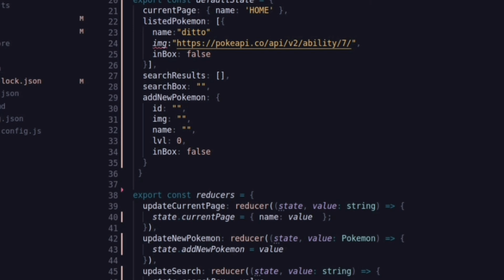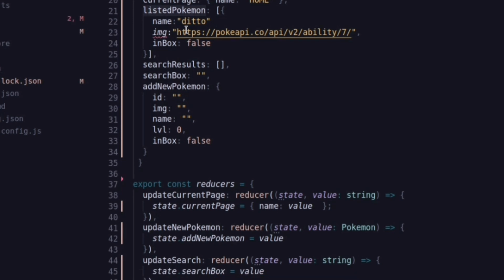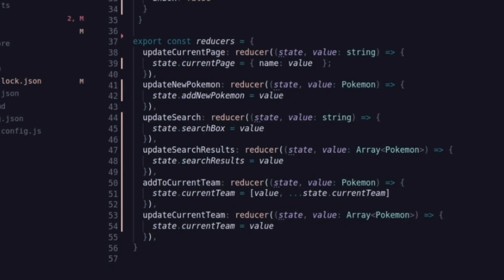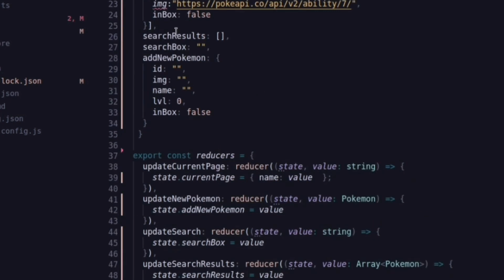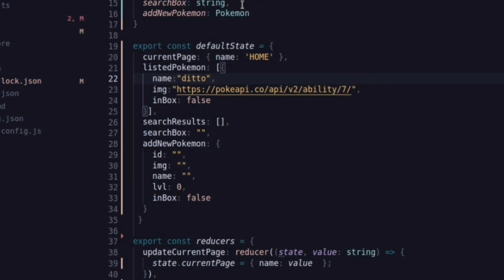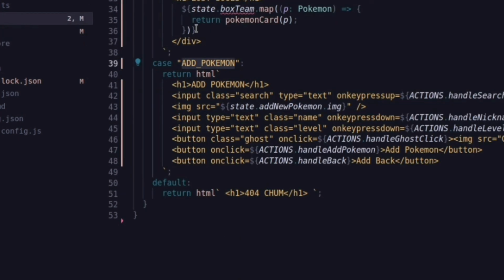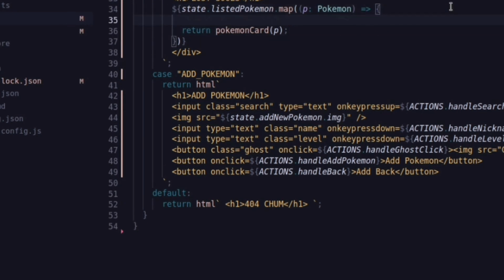I think it's important to refactor as you go. I know it's sometimes difficult to do that, but if you forget to, it just makes it a lot more trouble afterwards. So, search results, listed Pokemon, listed Pokemon, listed Pokemon. Add a comma there, listed Pokemon, the UI is checking, and that because our types are nice. Do this, we can do this, and instead we just do if